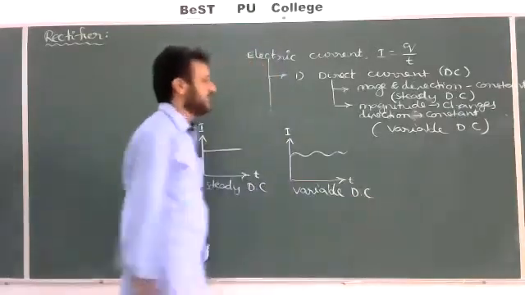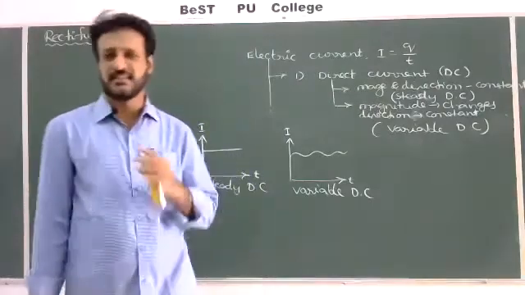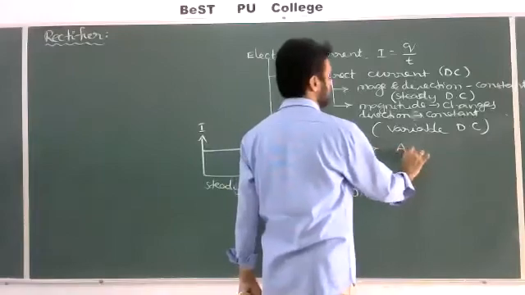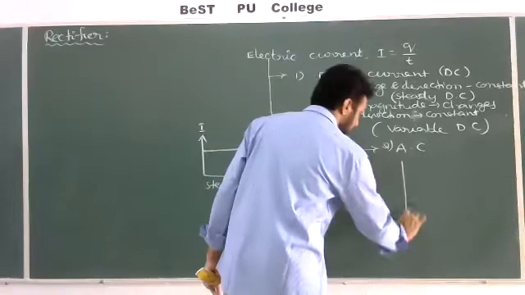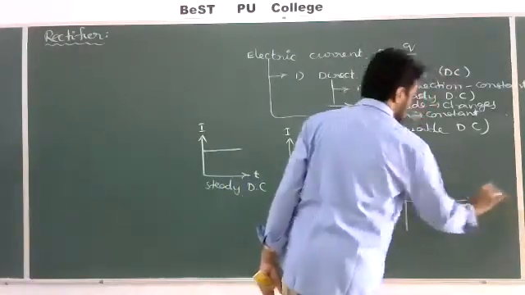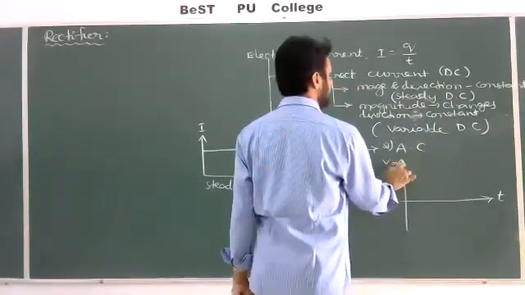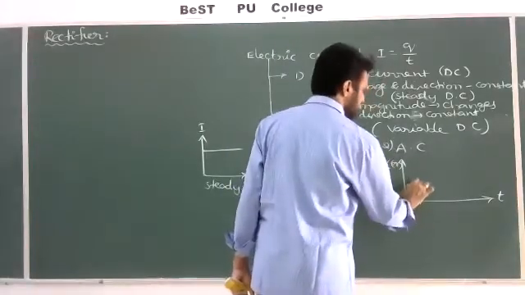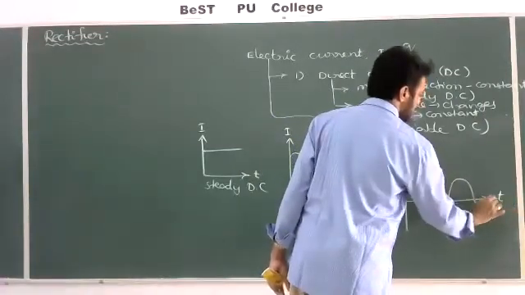If both change, magnitude changes and direction also changes, then it is called AC, alternating current. The second one is called alternating current or simply AC. How can we draw the graph? Like this. Time or phase angle will be taken on the x-axis, and either voltage or current, V or I, on the y-axis. Check how the nature of the graph will be.